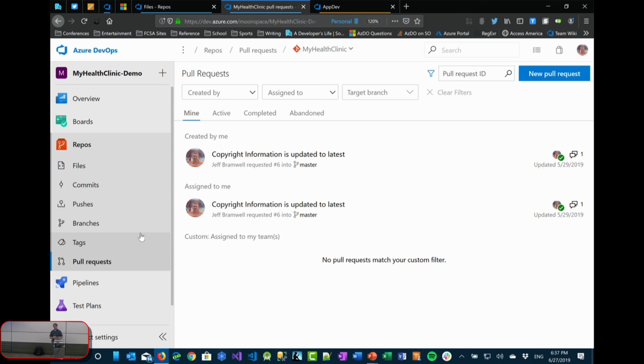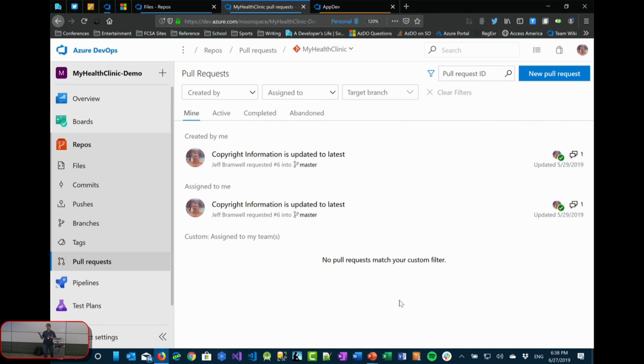And finally, one of the probably more useful features out of all of this is the pull requests, or PRs as you commonly hear them referred to. And if you're not familiar with the pull request, what a pull request is, in simple terms, is I cloned someone's repo, maybe it's my team's repo for a project, and I created a branch to go work on some feature. I get that done, but I don't want to commit that straight back into my master branch, because even though I think I wrote the best code in the world and I never write bugs, it doesn't always work out that way.